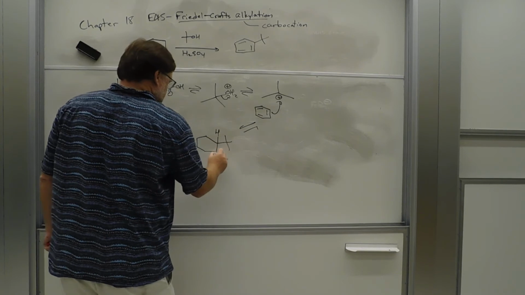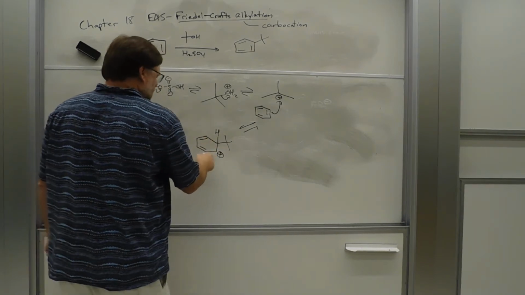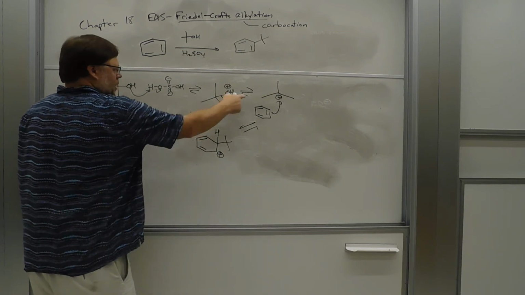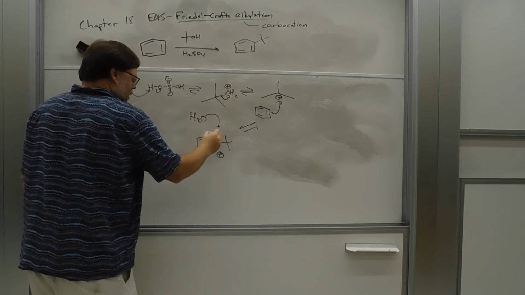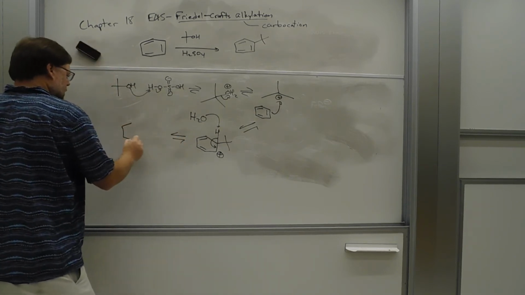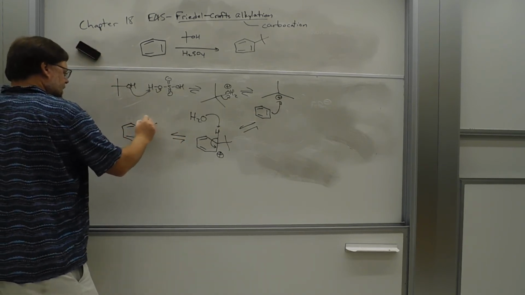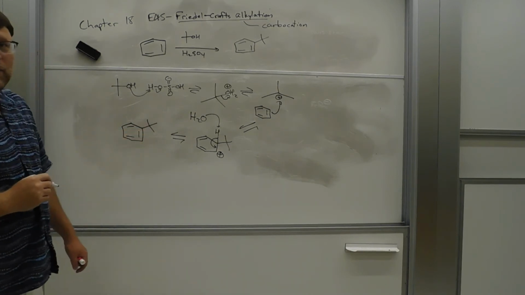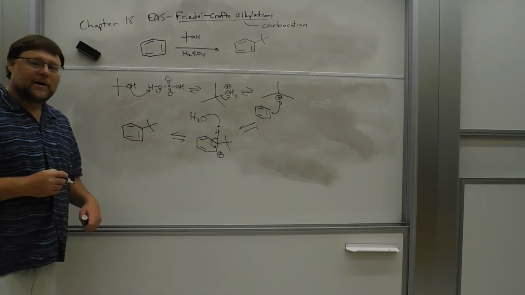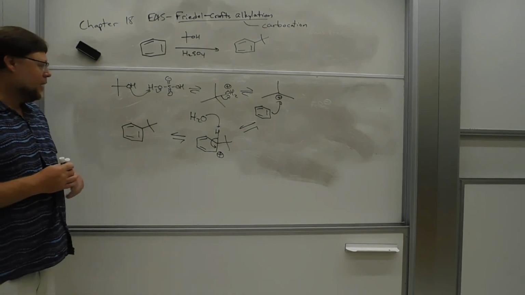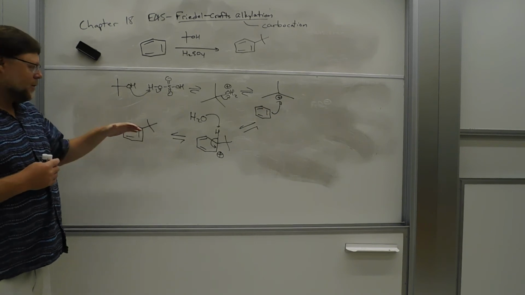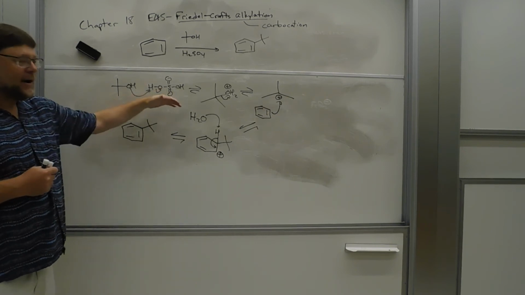Again, the electrophile comes in, you wind up with a carbocation, you need to pull a proton off. Water came off here, so we have water that can be the base. And there you go. You put a t-butyl group, you put an alkyl group onto a benzene. It doesn't have to be a tertiary carbocation, it can be secondary. Could be primary, but remember, carbocations are going to rearrange, and so any carbocation that can rearrange is probably going